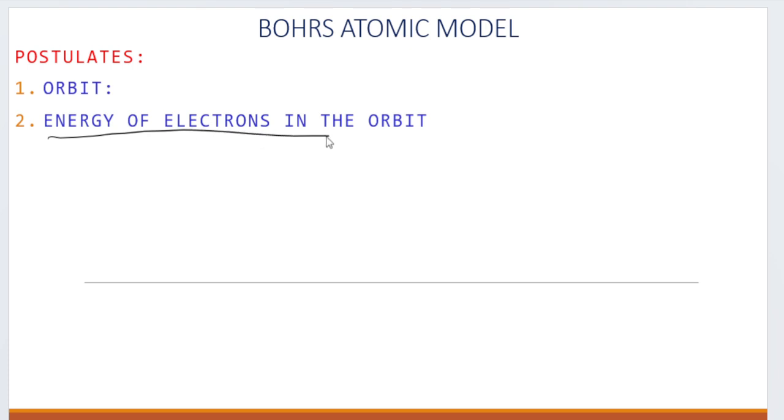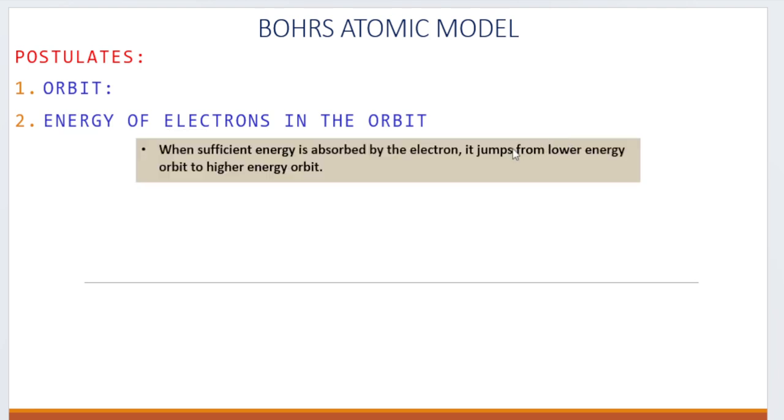Energy of electron in the orbit. This is the nucleus, and the electron is revolving around the nucleus. This is the orbit, which has energy, and this is the energy of the electron in the orbit. The electron which is absorbing the energy